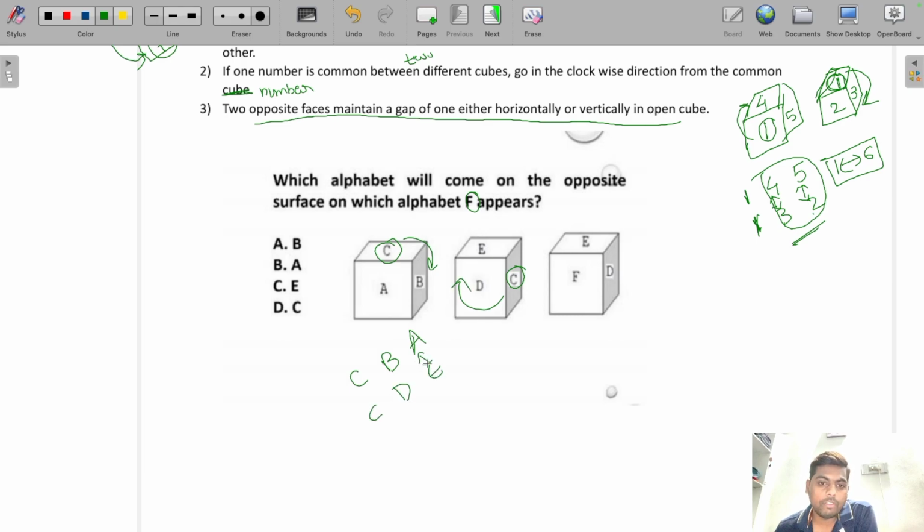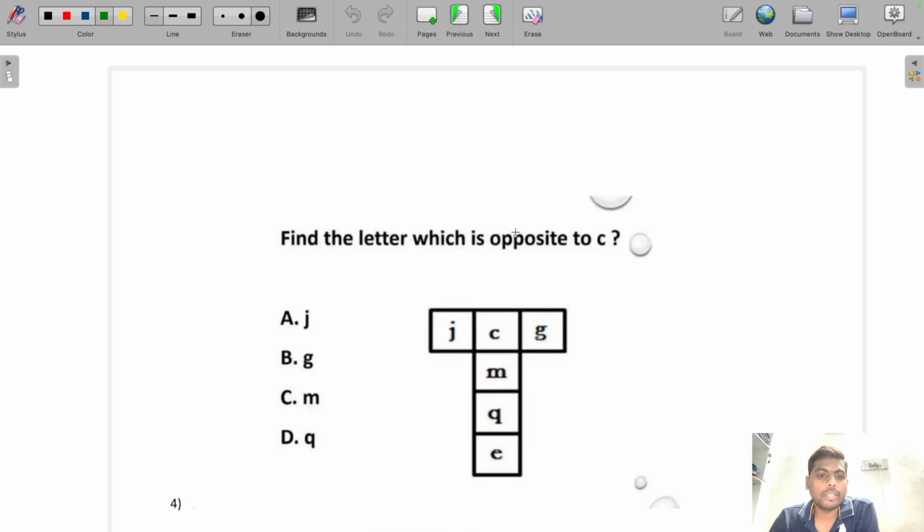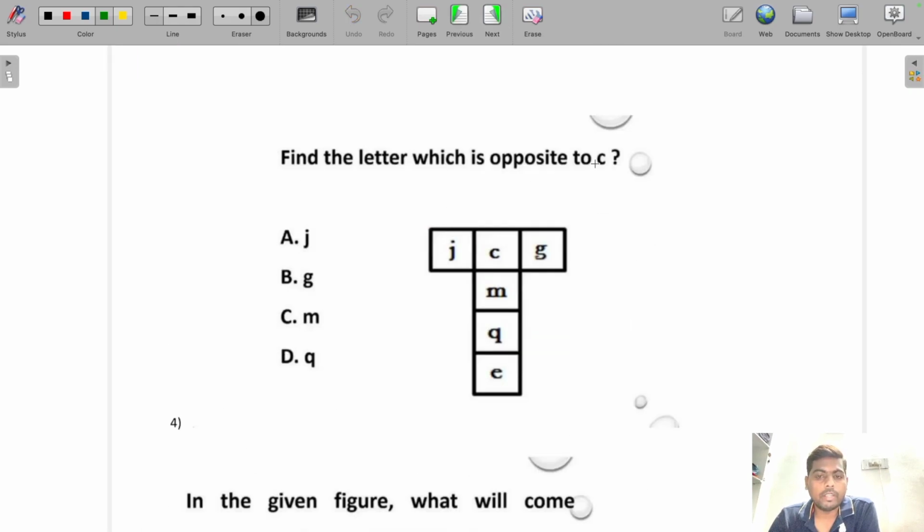So A and E will be opposite to each other, B and D will be opposite to each other. For C, the remaining one is F, so C and F will be opposite to each other, so it will be the fourth option. Now coming to the next question, they are asking to find the letter which is opposite